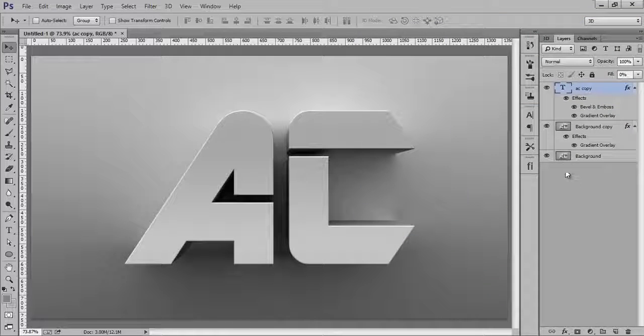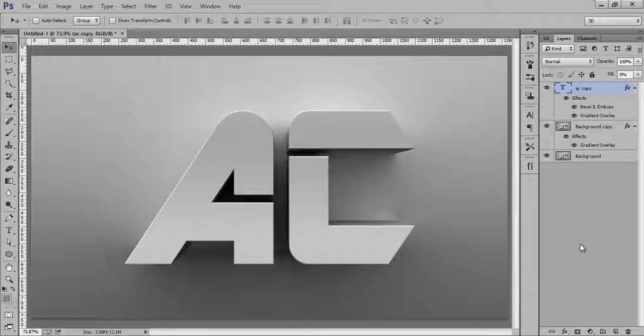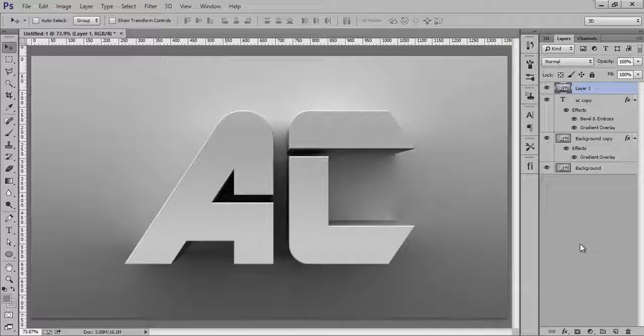Now click on OK. We are ready with the text. Okay, now again make a copy by pressing Ctrl Shift Alt E to merge all layers. I will put some special effect to this.